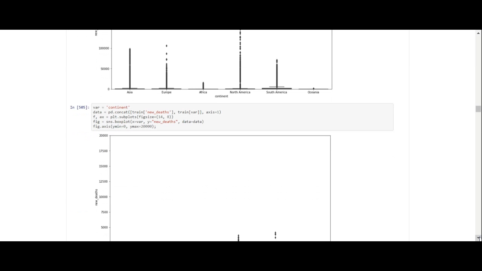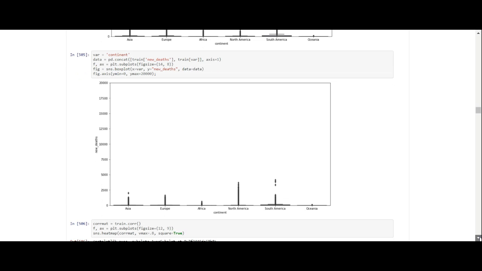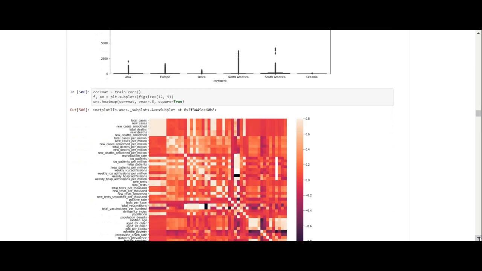And now we're checking the deaths according to the continent. Again, it looks like the most deaths are in North America, but you have a few outliers in South America. But again, I think that's because they're doing more testing in North America.